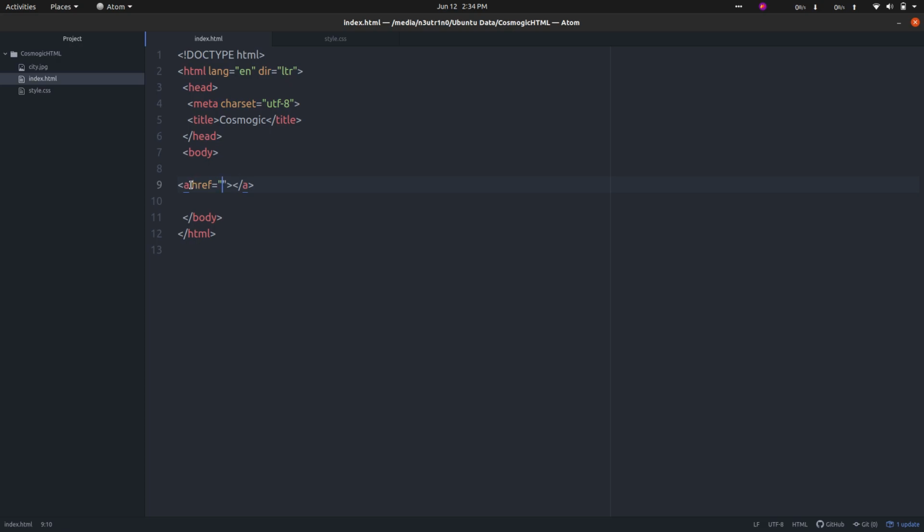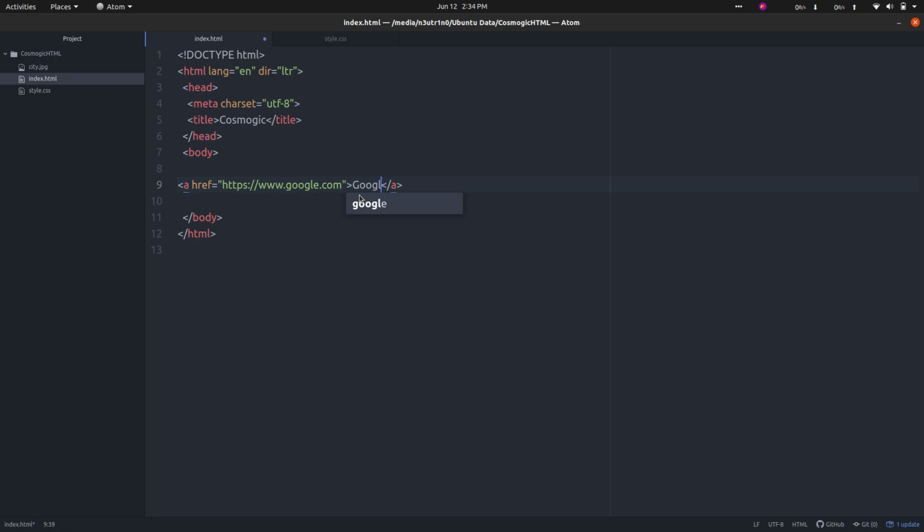Remember, every tag has attributes and values. Anchor is the tag, and the whole thing is the tag, and every tag has many attributes. The anchor tag has attribute one, href, the hyper reference attribute, and our attribute has values. For example, I write here, click here, and the link https://www.google.com.